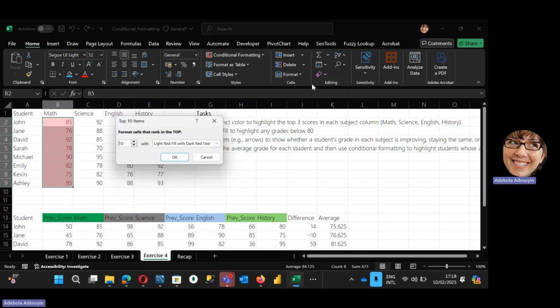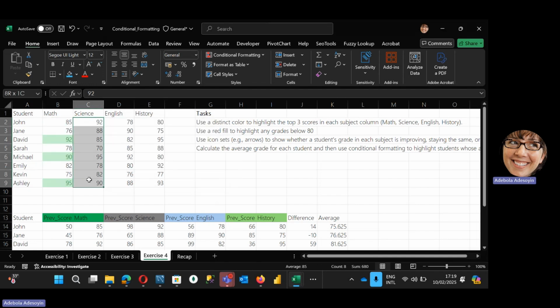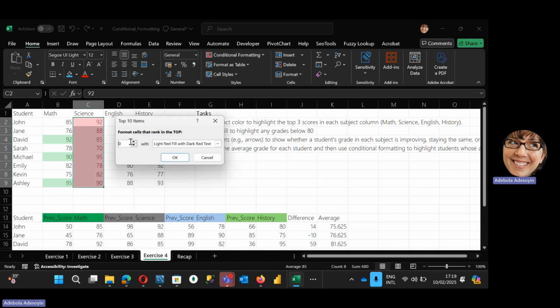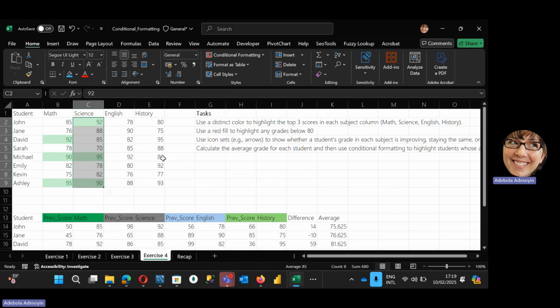Top 3 scores. So we click top 10 and we change this from 10 to 3. Then we can put it to green fill, right? And then okay. So same thing can be done for science, right? I go to top 10, then 3, I'm changing it to green too, right? So you can see that immediately you can actually see the top 3 students for each of the subjects. So for each subject, you can get the top 3 students, then the rest can be done for this